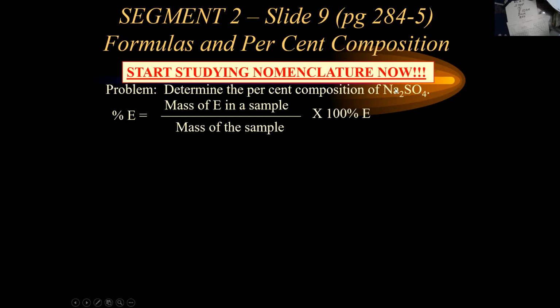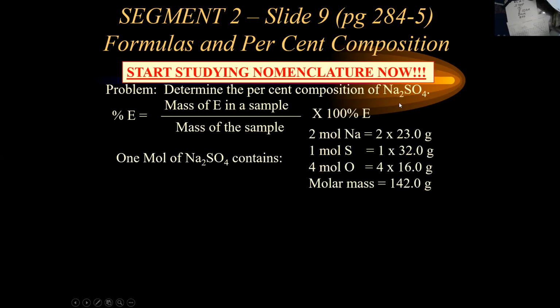For example, if I'm looking at sodium sulfate, there's 2 sodiums in it, and I can get the percentage of sodium. So from this, I could say, okay, this compound has 2 moles of sodium. The molar mass on the periodic chart to 1 decimal place is 23. It's got 1 mole of sulfur. That's 32.0. It's got 4 moles of oxygen. Atomic weight of oxygen is 16. If you add them all together, the molar mass of sodium sulfate is 142